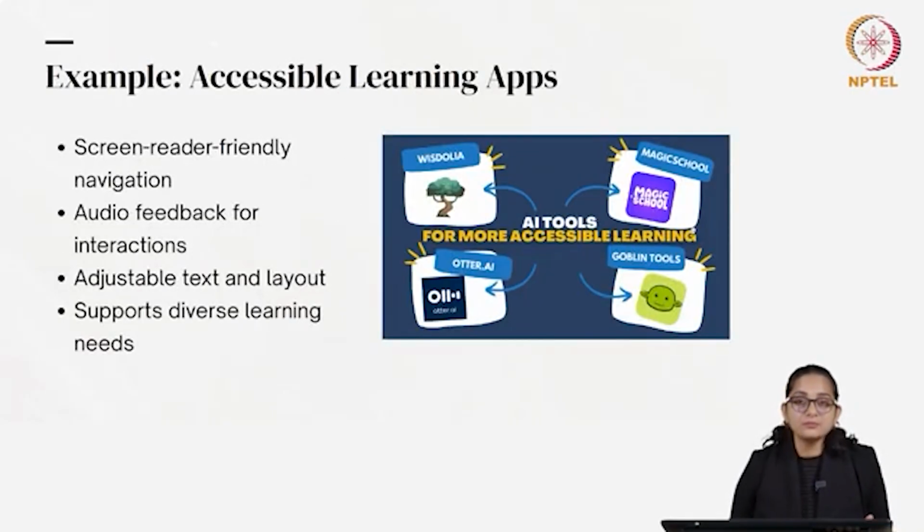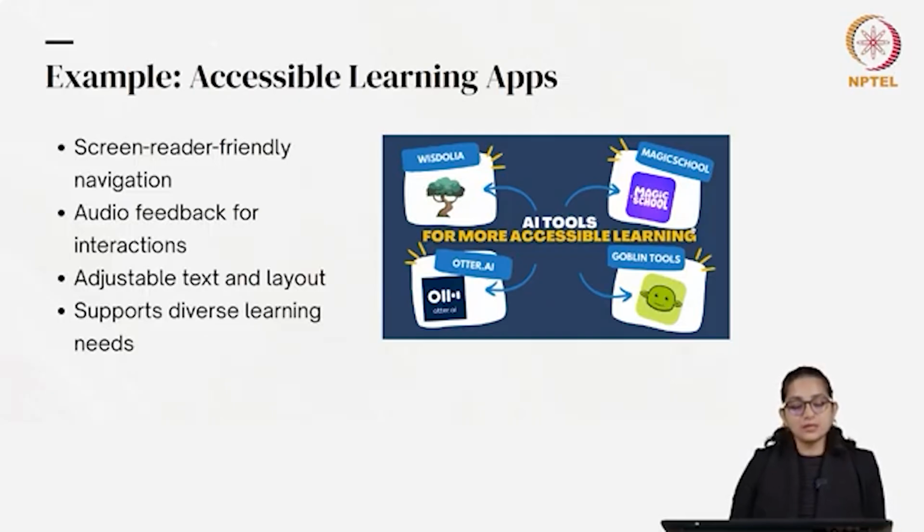There are multiple examples, I'm sure you also might have used, of accessible learning apps. For example, screen reader friendly navigation, audio feedback for interaction, adjustable text and layout, they support diverse learning needs. All of these are examples of learning apps which have these features